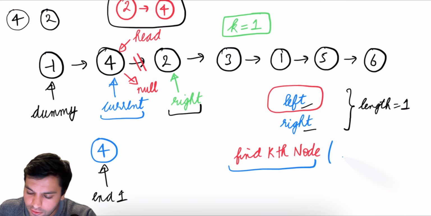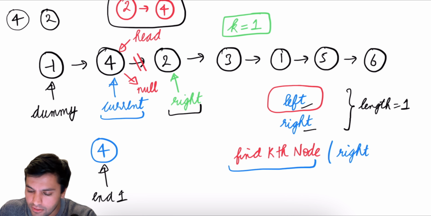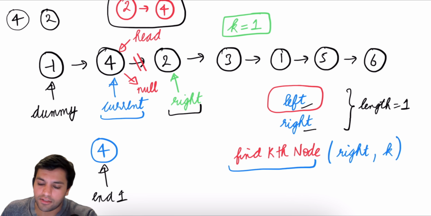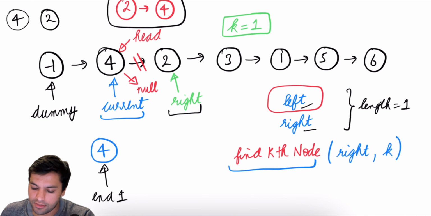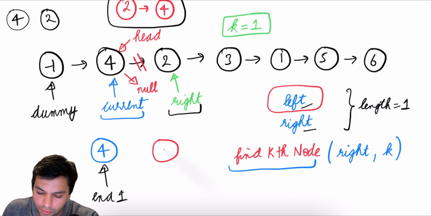So this find kth node is going to have the reference, the linked list reference first. So we'll have right, and I can pass in the k value, and then I find the kth node again, which is the end of this part. The end of this part is going to be the right node itself, because it's only going to have one node. So my end 2 is going to be